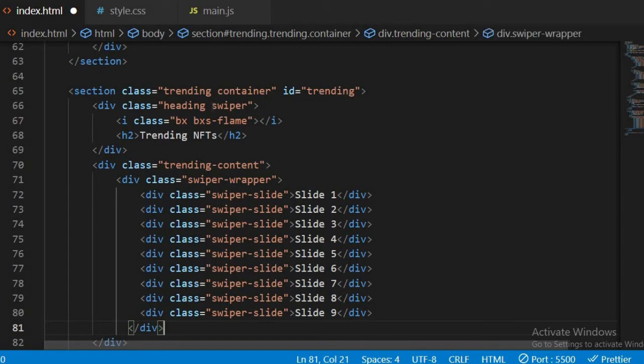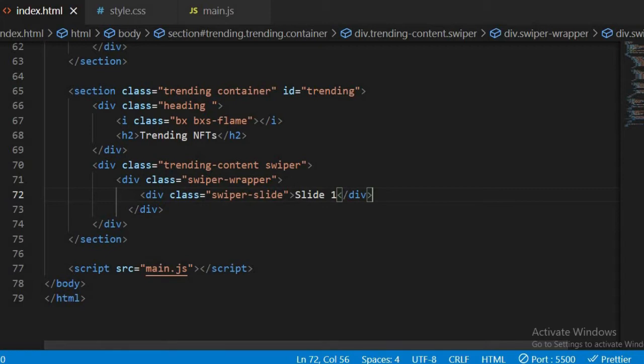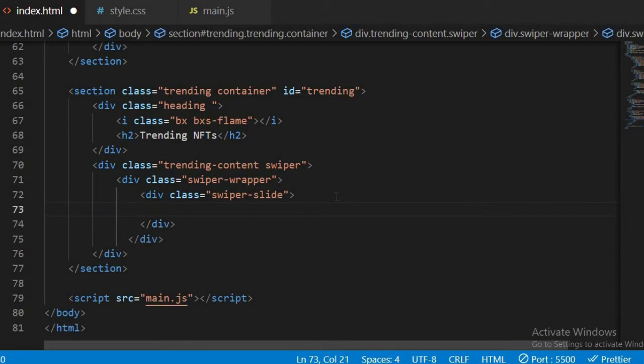Actually, this swiper class should be in trending content, so I'm just going to cut this and paste over here, save this, and I can delete this. We just need one swiper class, and I'm going to duplicate the remaining. Okay, so I'm going to delete this, and I'm going to create a new div for the class of box,